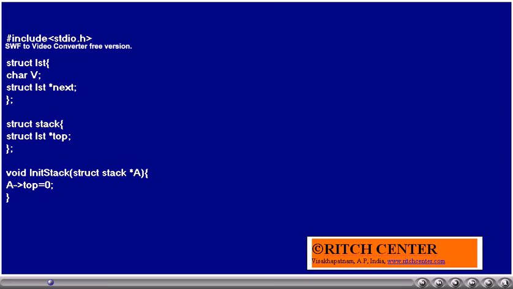The function init stack takes the address of a stack type of variable and initializes its top data member to 0. Whenever top value is 0, it indicates that stack is empty.